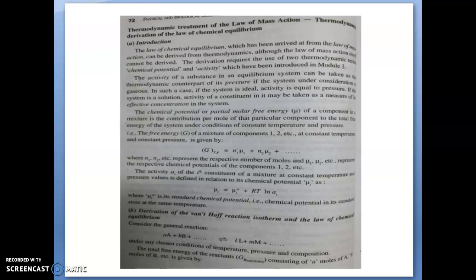Next we are going to deal with the law of chemical equilibrium, that is the van't Hoff reaction isotherm, the derivation of the van't Hoff reaction isotherm and the law of chemical equilibrium. For that we consider a general reaction aA + bB + etc. gives lL + mM + etc., under any chosen condition of pressure, temperature and composition. The total free energy of the reactants, consisting of a moles of A and b moles of B etc., is given by